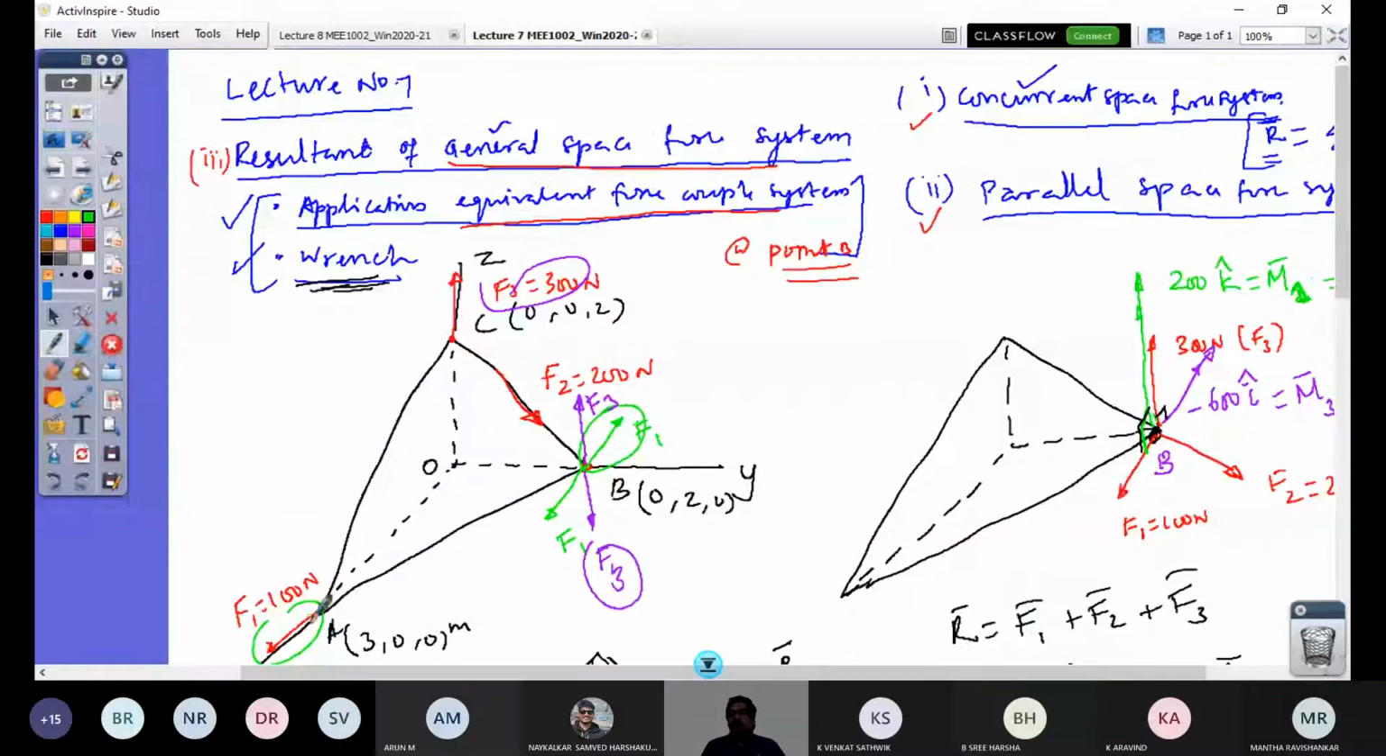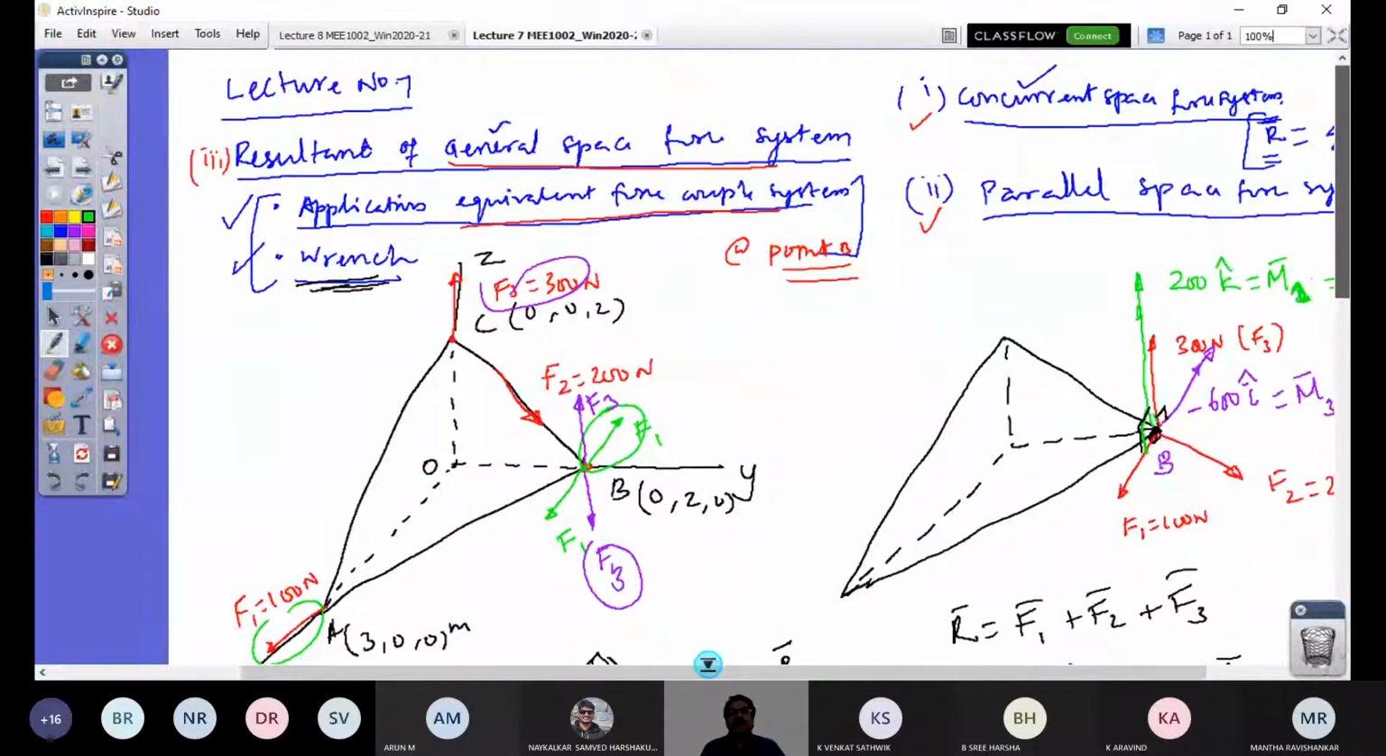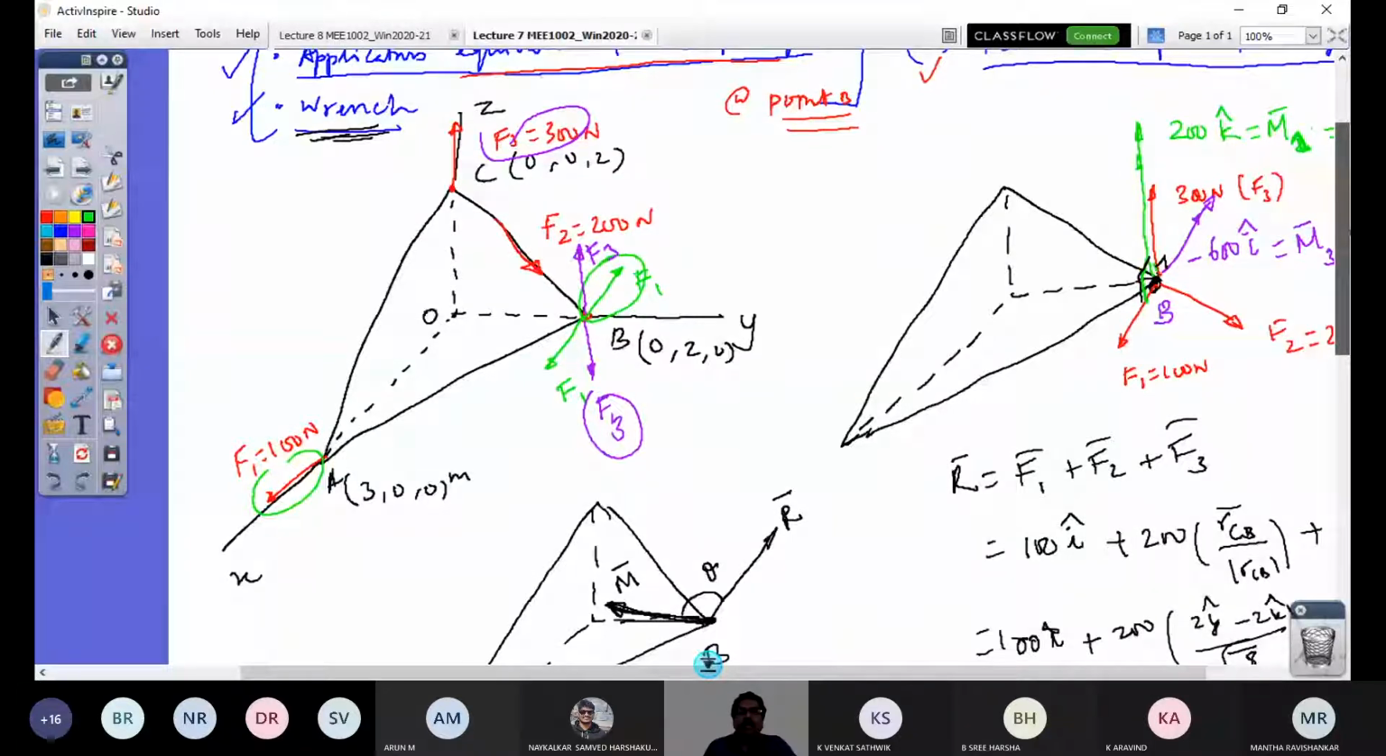Right. Anyhow, let me just recapitulate what we have done in the last class so that there is a connection between what we have done and what we are going to do today, right? So we were just looking at the resultant of a general space force system. We have taken this classical problem of a tetrahedron acted upon by three forces, and the process of finding